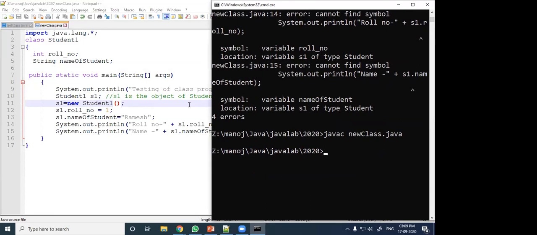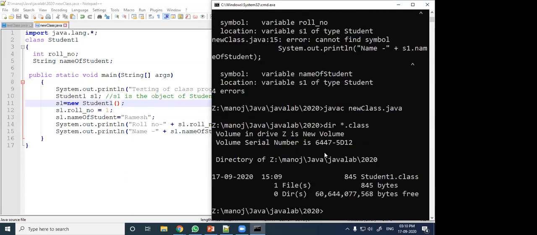Just see here, I have kept the main function also in the student1 class, and I have compiled this. Here I have modified student1, and here also the data type is student1. Now see how many class files are created. The class file name is student1.class, because the class name is student1, under which the main function is there, but my Java file name is newclass.java.